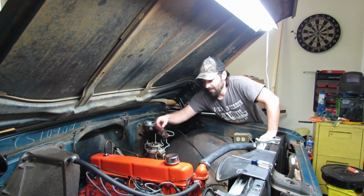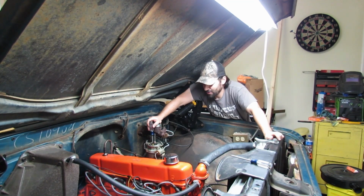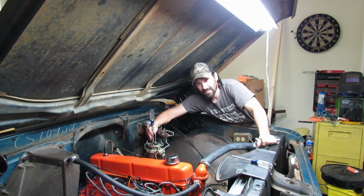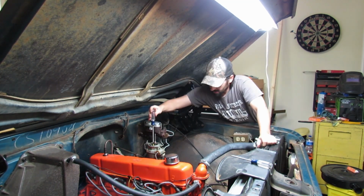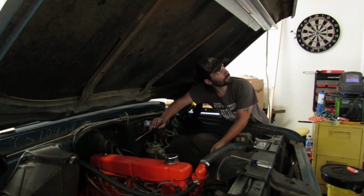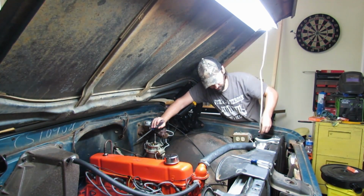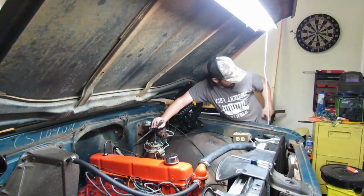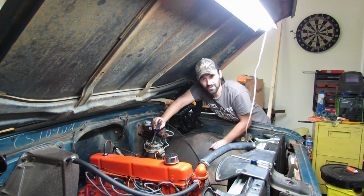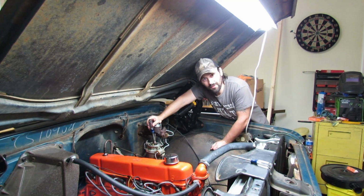The right size tap isn't even in that set anyways. We'll have to do that some other sunny day. That's a set of tools that I need to do some upgrading on. And this screw, without the choke cable bracket, the screw's grabbing just enough to tighten up and probably not let the carburetor leak